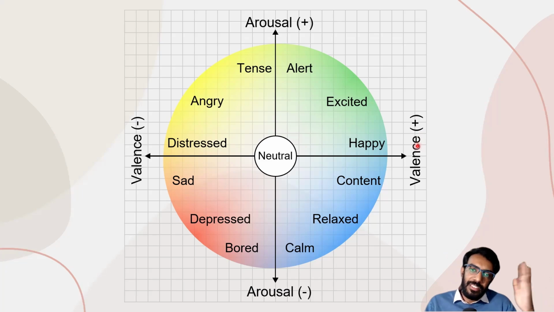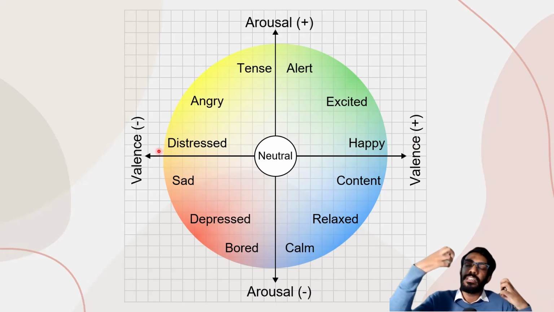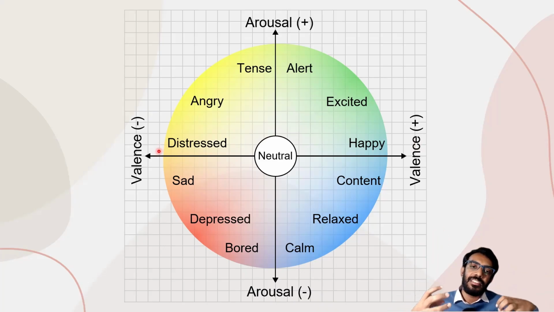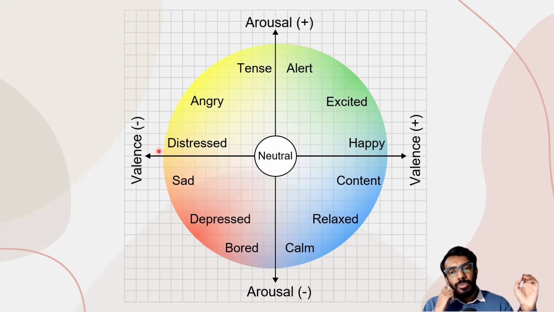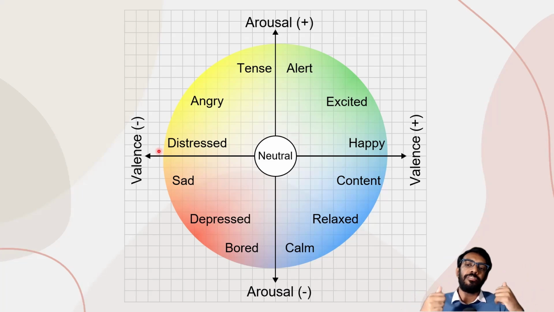Same for the negative side as well, right? You may have very severe negative valence along with severe arousal, which may give rise to something like anger, versus very severe negative valence with very minimal arousal, which may manifest as something like sadness, for example, right? Or just boredom at the very least. What this also implies is that these two categories are mutually exclusive. You cannot have both high and low arousal at the same time, and you cannot have both positive and negative valence at the same time, right?